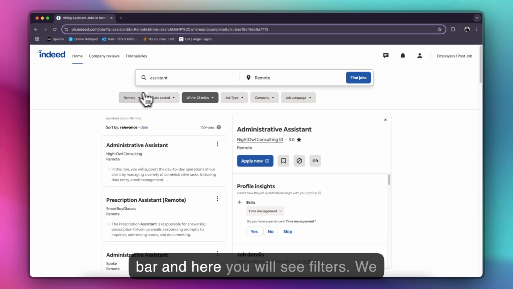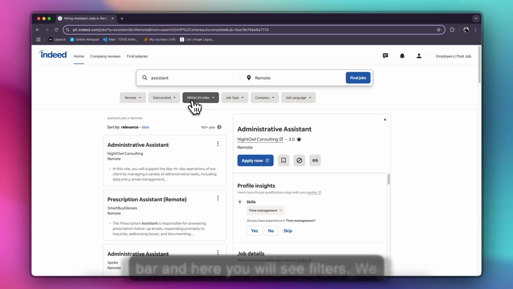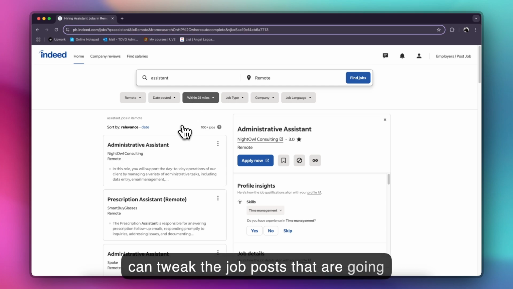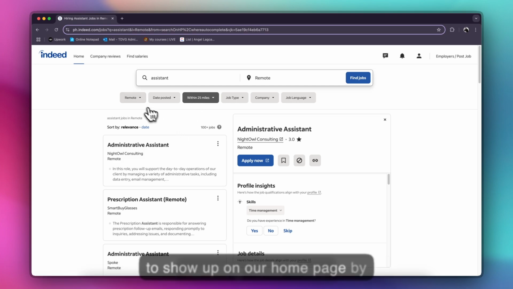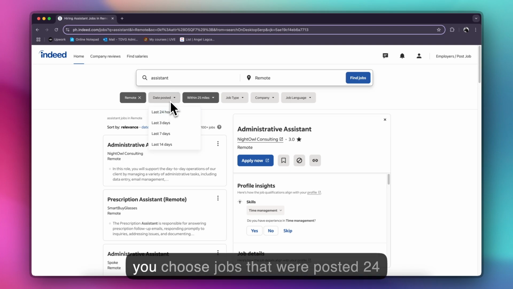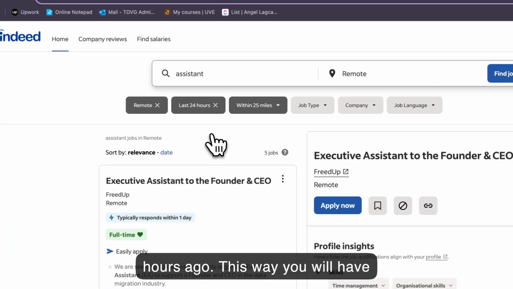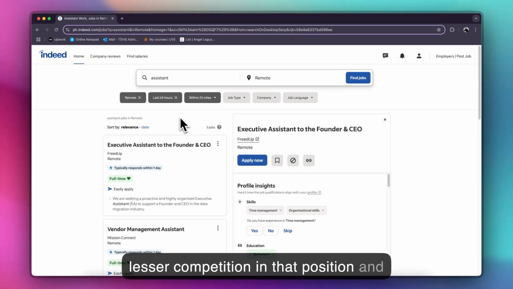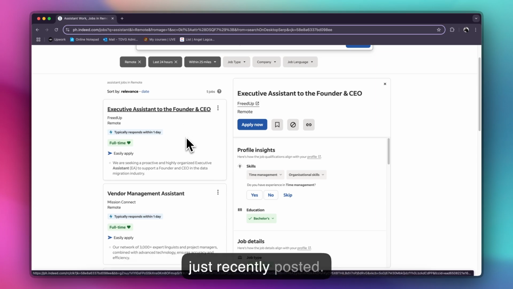Now go below the search bar and here you will see filters. We can tweak the job posts that are going to show up on our homepage by tweaking these filters. For the date posted, I would recommend that you choose jobs that were posted 24 hours ago. This way, you will have less competition in that position and you will also have the opportunity to be in